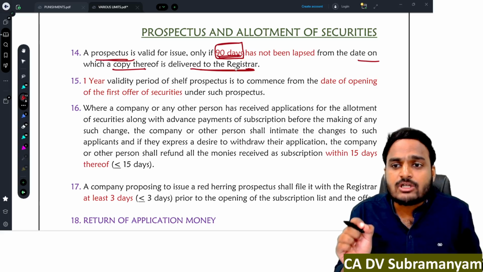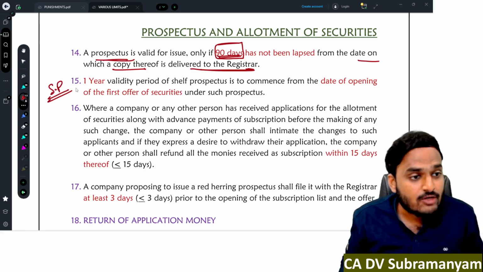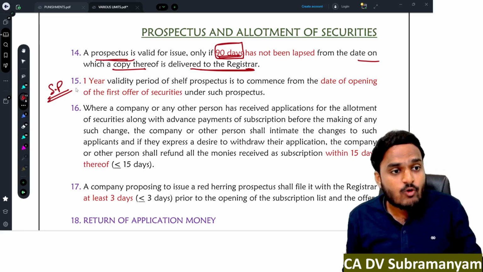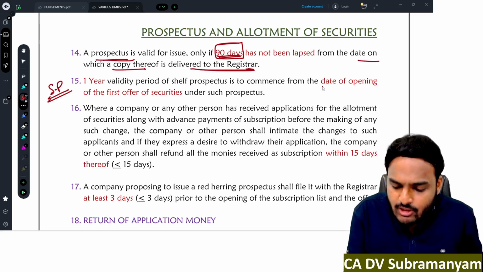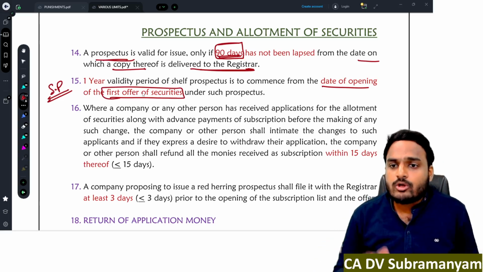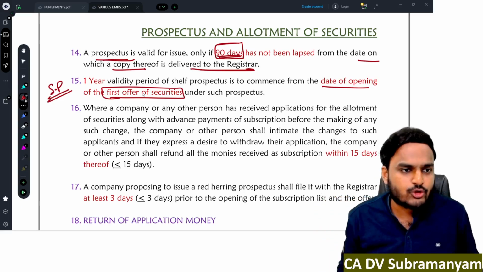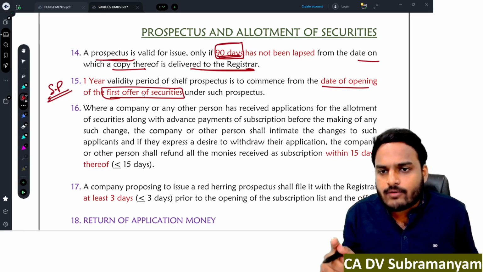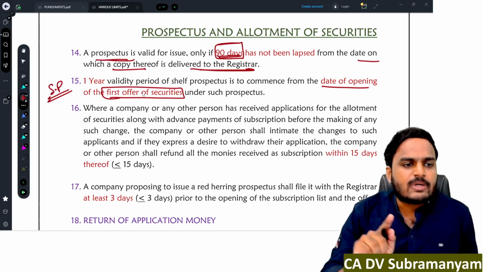But there is one exception to this general rule. The exception is shelf prospectus. In case of shelf prospectus, the validity period is 1 year. And this validity period 1 year will start from date of opening of first offer of securities. It's not date of delivery to the registrar. It is date of opening of first offer of securities. When you opened first offer of securities under shelf prospectus, from that date onwards, shelf prospectus will have a validity